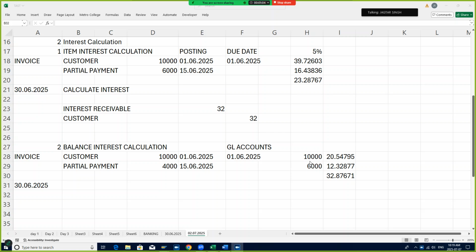for that particular period. For example, this amount is outstanding 10,000 we booked on 1st of June for 10,000, and 5% is the interest charges, and partial payment 4,000 he made, so total outstanding payment is 6,000. So we will charge 5% interest on this 10,000 amount from 1st to 14th of June, and on 6,000 the system calculates the interest at the rate of 5% for 15 days,